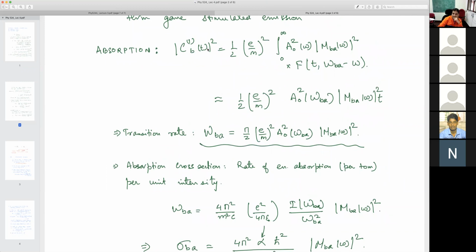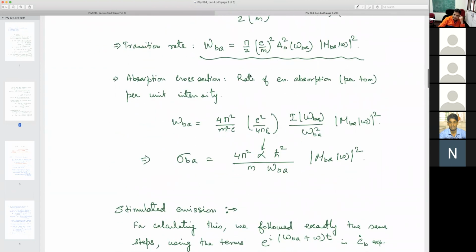And we showed that this C_B, the probability of transition, I can calculate as a function of time, and broadly for large frequencies, it is given by this expression. So it linearly increases with time. So then it doesn't make sense to talk about the probability. We'll talk about the transition rate, the rate of change of the probability. And that we divide by time. So we take the derivative of this with respect to time, and I get the transition probability.